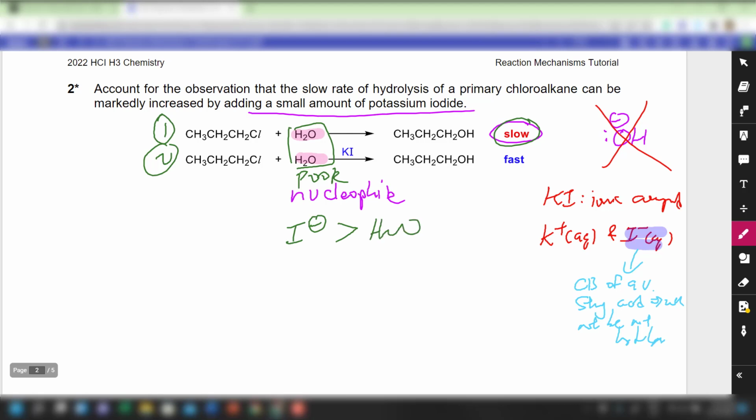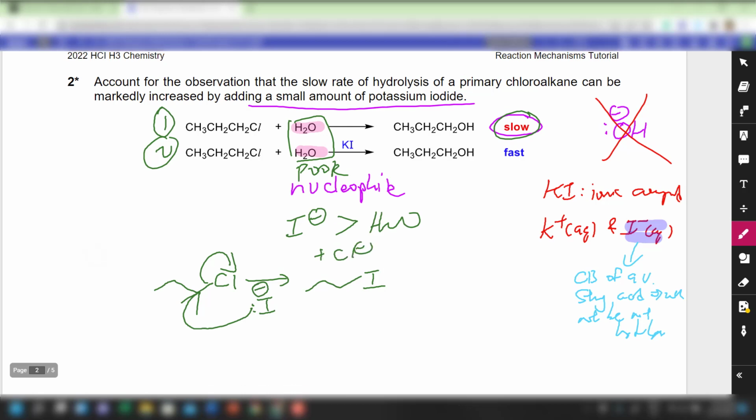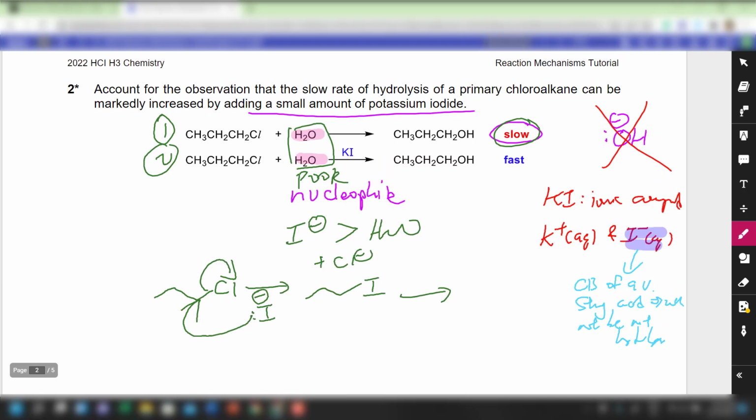Okay, so again, iodide is a stronger nucleophile than water. So when I add in iodides, the iodide will perform a nucleophilic attack on the chloride. In this case, it will attack from the rear, and then the C-Cl bond will break. And in the process, I'm producing the iodopropane, of course, plus Cl minus. And iodopropane, as all of you know, because iodine is a good leaving group,